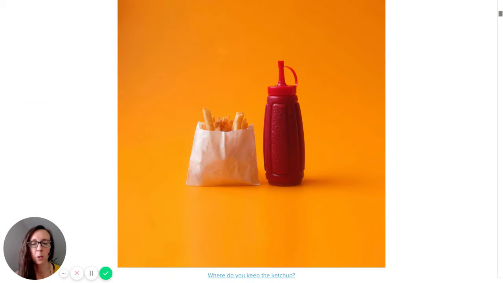So the first question I'd like to throw out there is, where do you keep the ketchup? This is actually a question that some tech companies are asking when they're forming diverse teams to tackle really challenging questions. And what they're finding is that your response to this question can help to show a little bit about your background and your perspectives on things. And if we choose diverse teams based on common answers to where everyone keeps the ketchup, well, that's not actually going to help us with including a variety of perspectives on challenging questions or challenging issues.